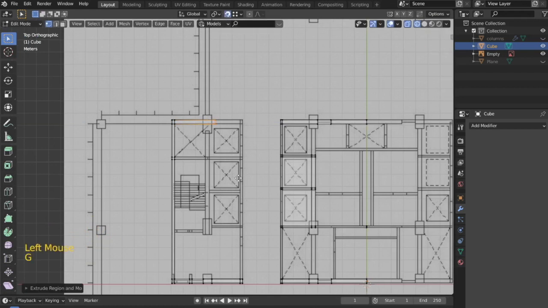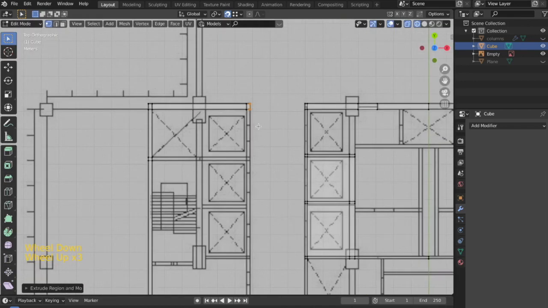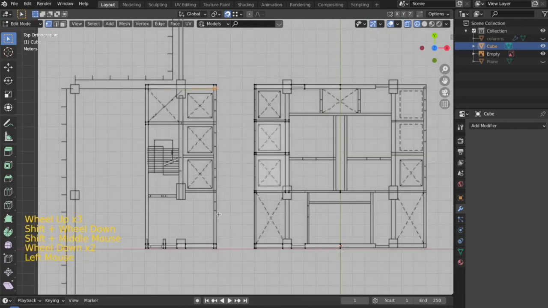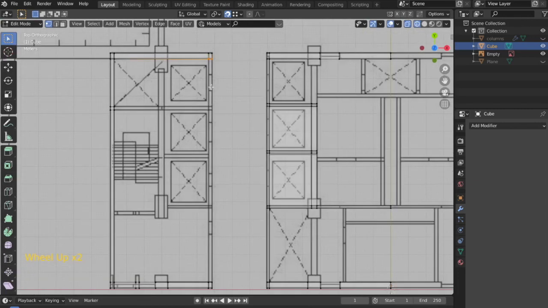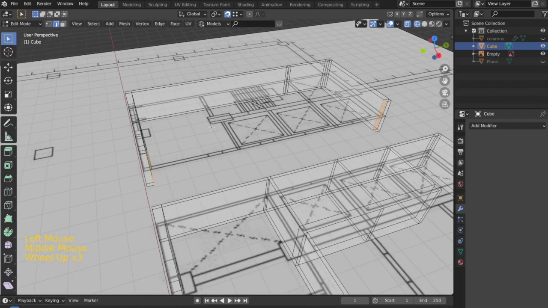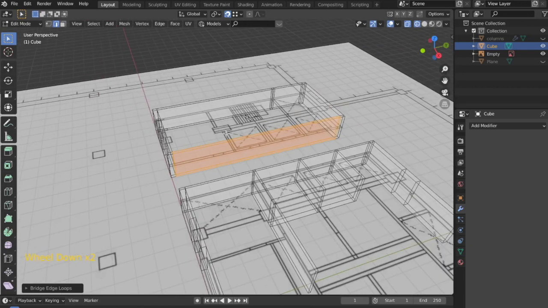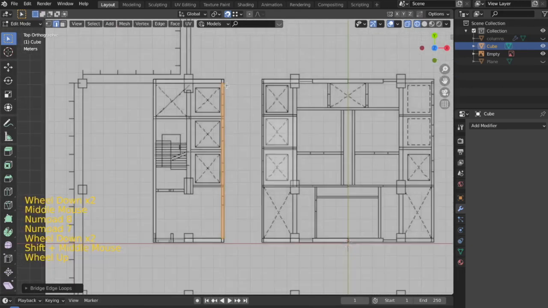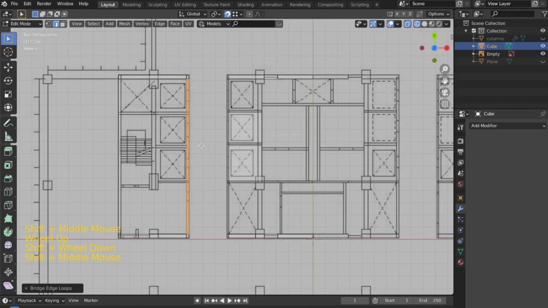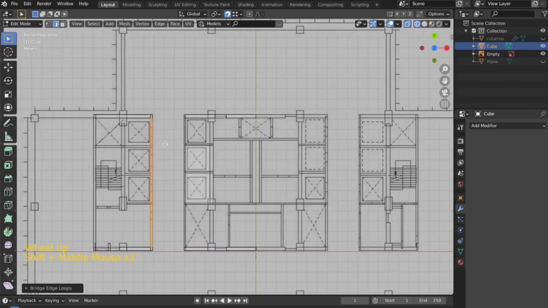Now again turn this on and then press G and then X and snap it to this, and then I'll again extrude it and snap it to this. Now over here you don't have to extrude this and bring it till this point. What you can do is select these two vertices and then these two vertices, go into edge select mode, and then by pressing space bar you can type bridge edge loops. This way it bridged these two edge loops and we have a wall over here, and we didn't have to extrude it individually and let them meet. So this is the use of it.